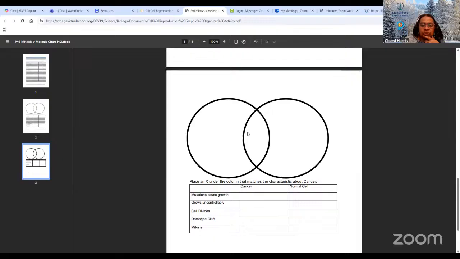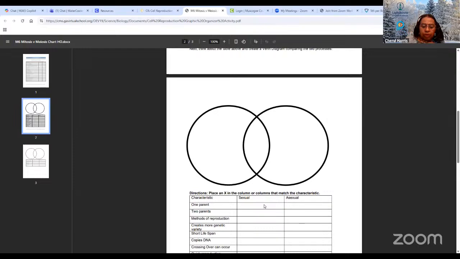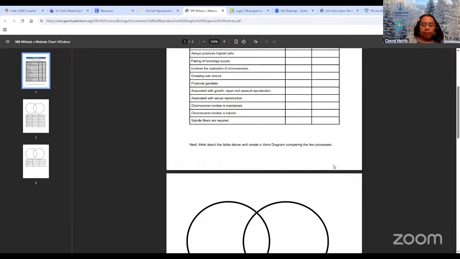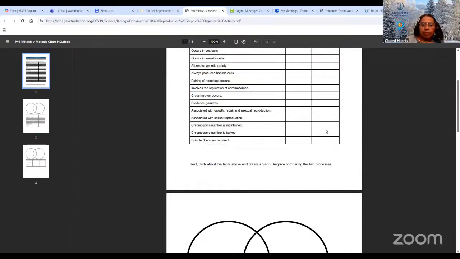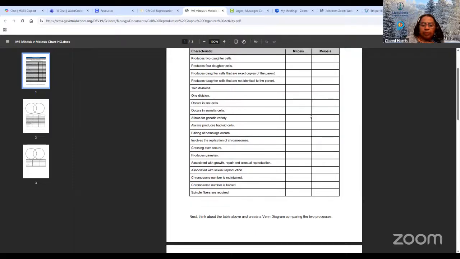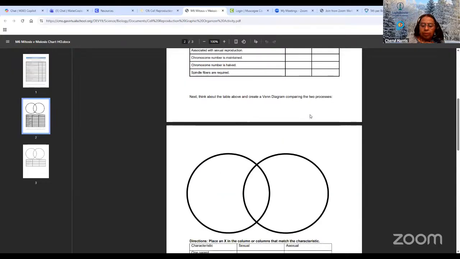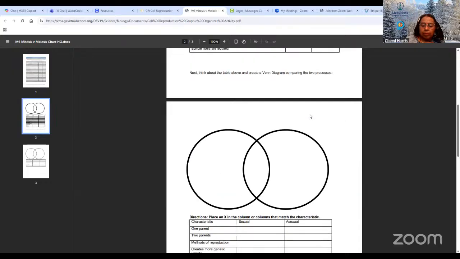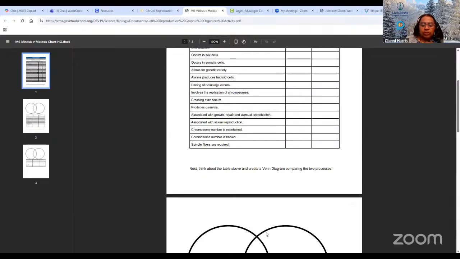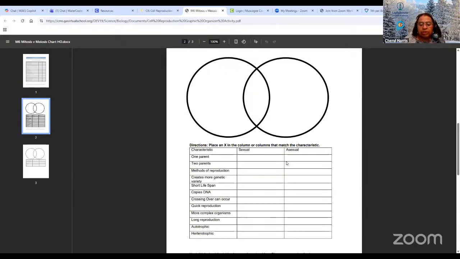All right, so this circle is for cancer characteristics. These circles are for mitosis, meiosis. There is not a set of circles for asexual and sexual reproduction. You already have charts for that in your notes, so I wouldn't worry about that.